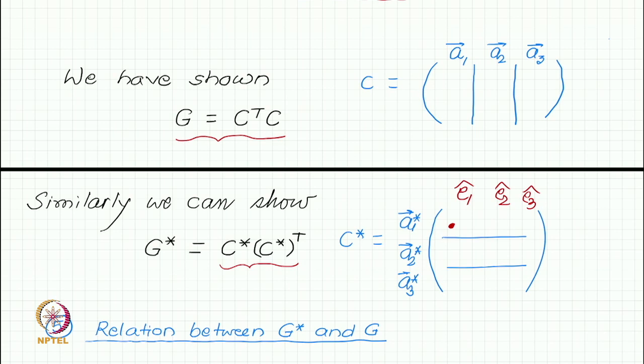So, the first row terms: the first term is the first component of A1 star in the orthonormal basis, the second component of A1 star in the orthonormal basis, and the third component of A1 star in the orthonormal basis. Maybe if you wish, you can write it as A11, A12 and A13. The first column is the first component of A1, the second component of A1 and the third component of A1. So, because you write like this,